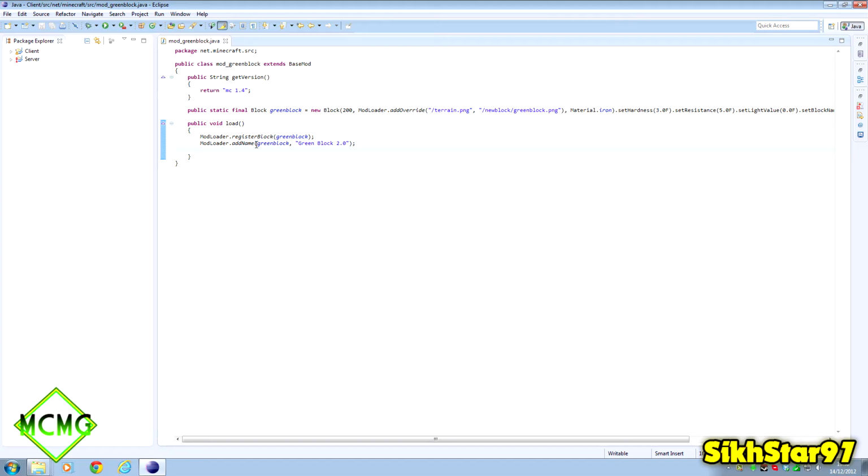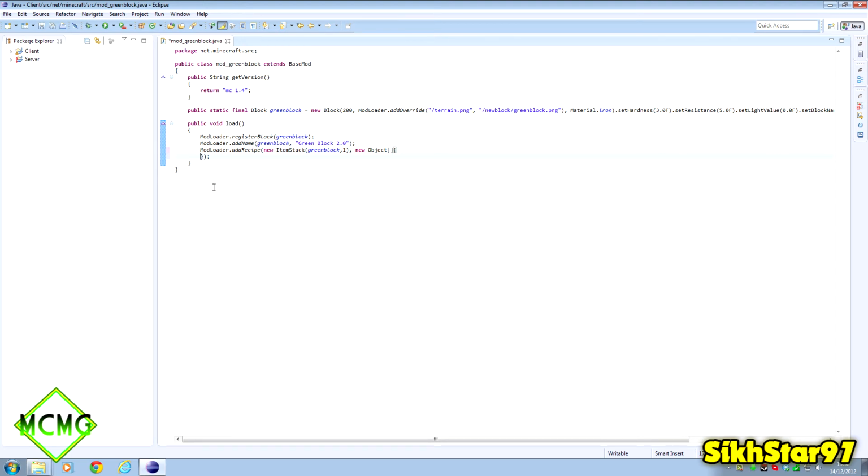The very last method we need to put in here is the recipe, obviously, so how to craft it. So we're going to put here modloader.addRecipe, and then one bracket and put new ItemStack, brackets again, and inside these new brackets the block we're going to craft, which is green block, comma, and then the amount. So I'll put 1, comma at the very end, and put new Object, and then two square brackets and a curly bracket afterwards. And if you hit enter, it should automatically create the end one. Add a normal bracket after that and a semicolon, so we end everything,